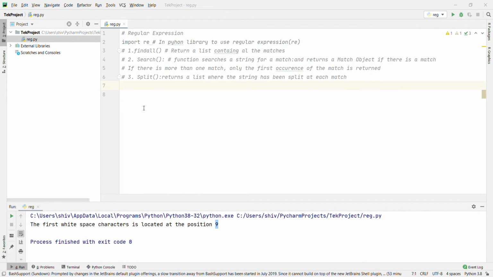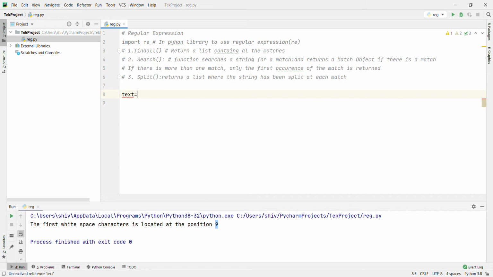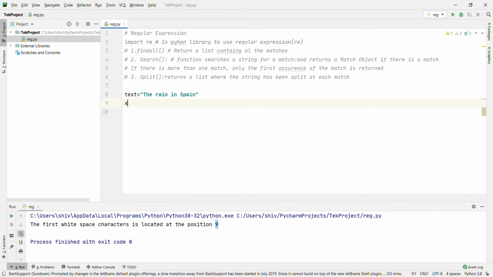Now I am going to show with an example. Let's create a text equal to the same example, "the rain in Spain". Then x equal to re.split, with the same white space pattern and text, and print x. Let's run it.